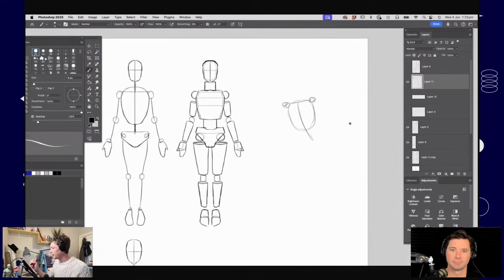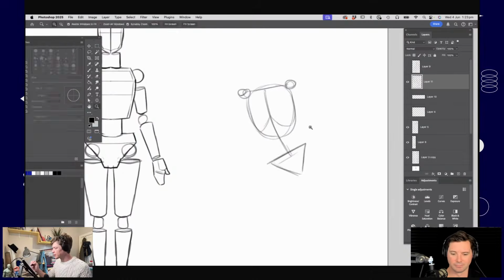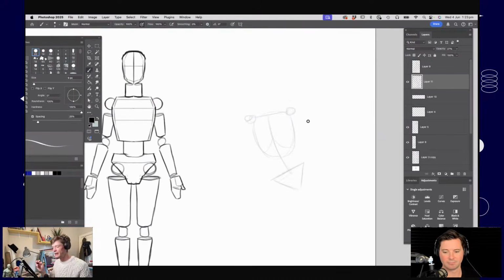Drawing my sort of barrel for the chest in there. I'm going to draw a line for my hips and extend it down into that triangle. And actually, you know what? Before I even get into this stage, it might be good because something like this is already quite abstract once you start drawing it down.